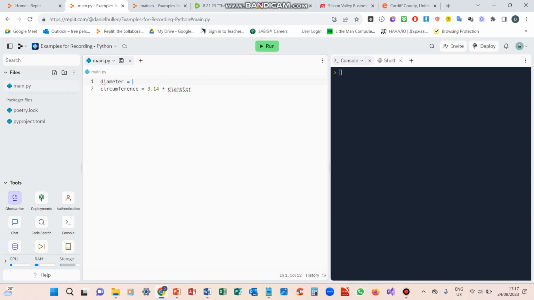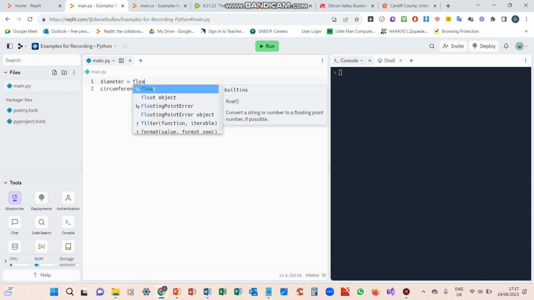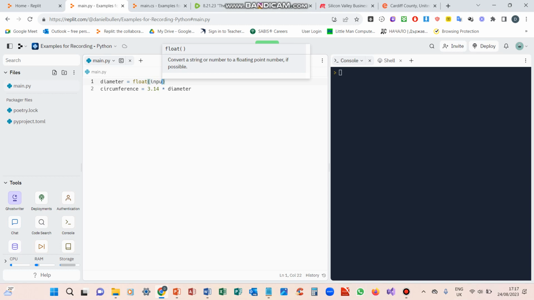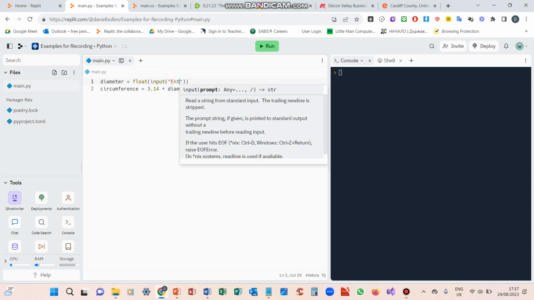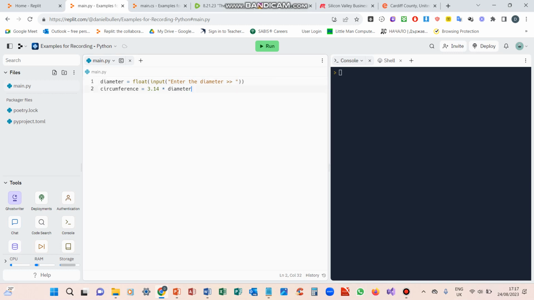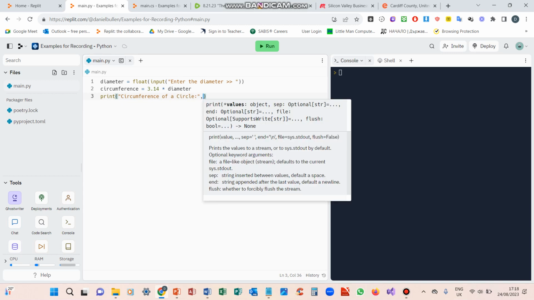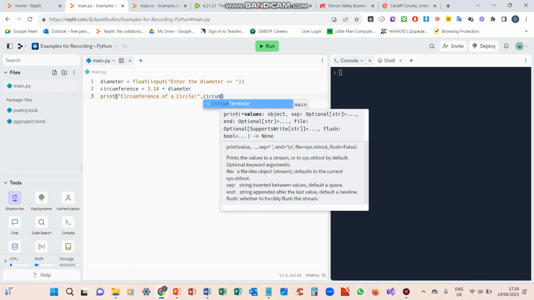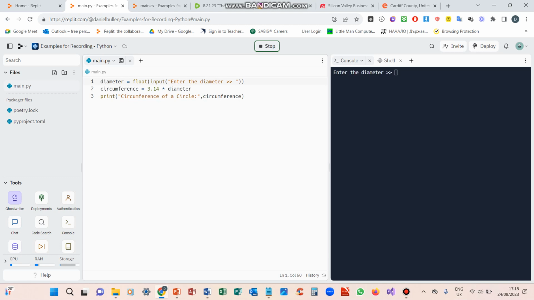We can do diameter equals, and we're going to use a float for decimal numbers. We've got float input, and then we're going to ask the user to enter the diameter. Then we're going to do a print statement to say circumference of a circle, and then a comma outside the quote but in the bracket, and say circumference. So let's run it. I'm going to enter a diameter of